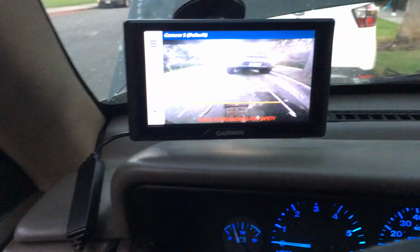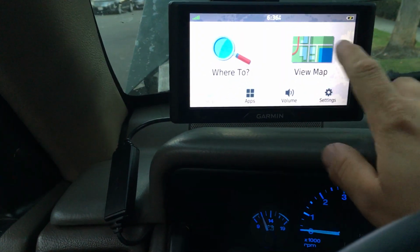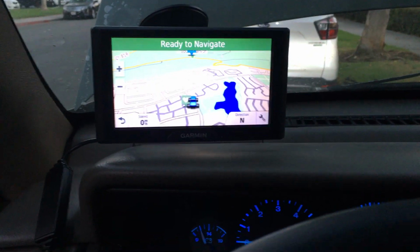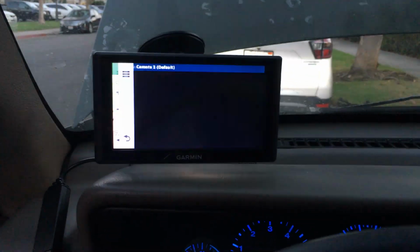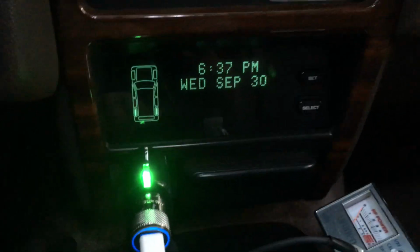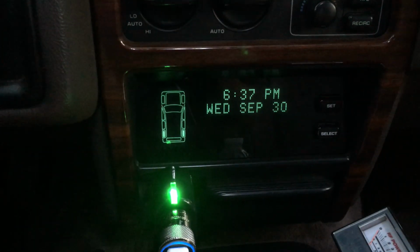And now at this point, pretty much everything else is done. I've got my GPS here. It just also happens to have a backup camera installed on it. So we just go ahead and click there. You guys can see I've got my GPS all set. Backup camera works with the backup lights. There's that. And then my dash is all put back together. And as you guys can see on my VIC, I've got the indicator working again for the four-wheel drive,